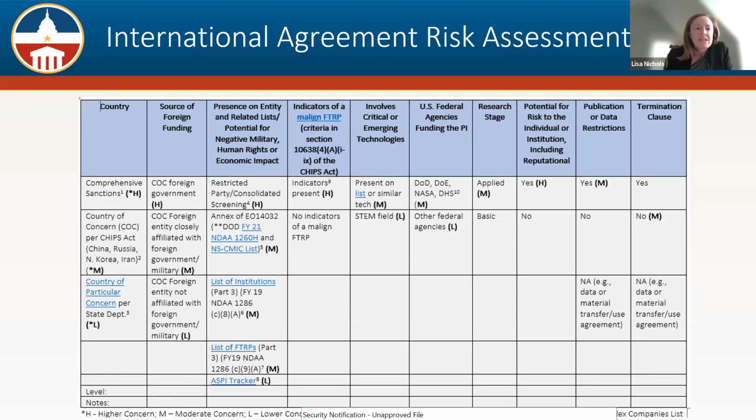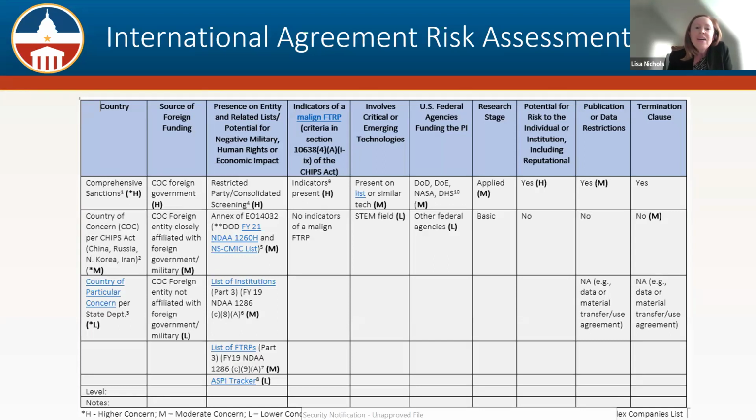Just to start with the first factor on the left-hand side, it's country, and whether the country is comprehensively sanctioned, whether it's a country of concern per the CHIPS Act or a country of particular concern per the State Department. The individual who's using the matrix and scoring the agreement or proposal, for example, would indicate the level of risk at the bottom for all of these different factors, and then can also place notes there, for example, which country we're referring to for this particular agreement or